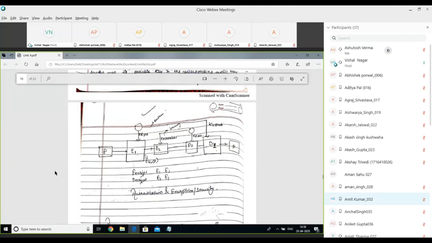Again, the output of this algorithm, KR of P, we pass through another encryption algorithm called E2. This first encryption is providing authentication. This second encryption is providing security. So we are passing this encrypted data through encryption algorithm E2, and this time we are using the public key of the receiver.